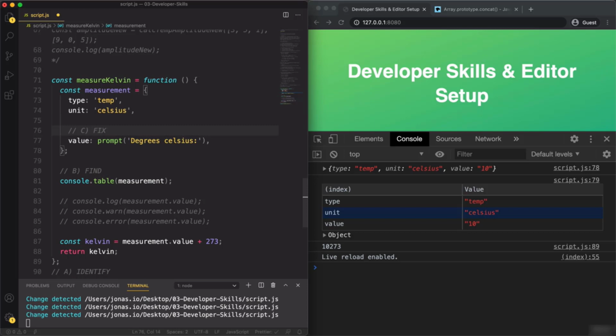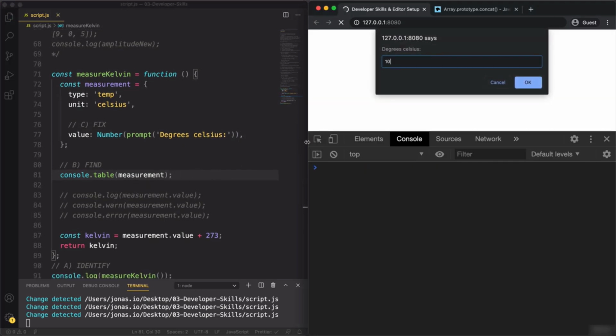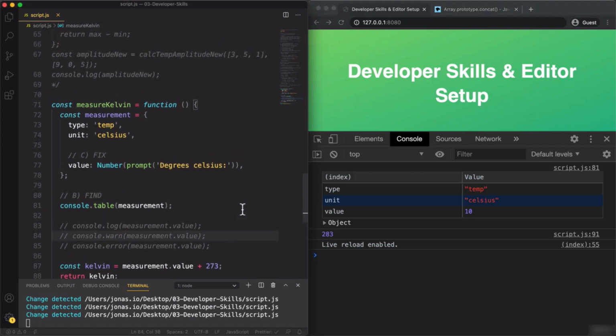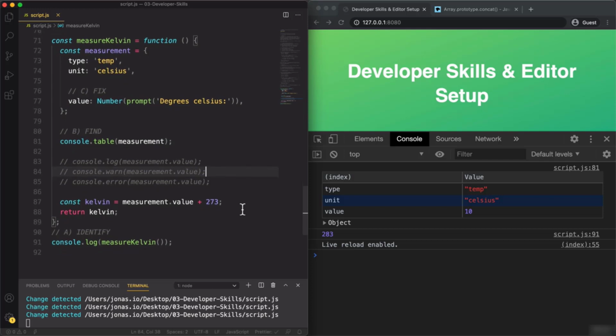So let's see, fix. And so the solution to this is to convert this string that is returned to a number. So let's use the Number function. So we already learned about this one in the last section. And so now we actually expect this to work. And indeed, now we get 283, which is exactly what we were looking for. Great. So this was a very simple example of just using the console in order to hunt down a bug